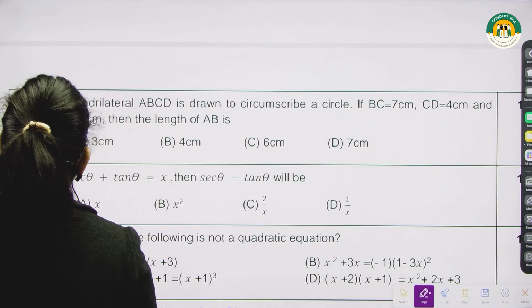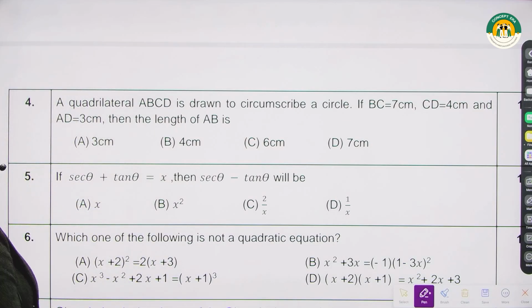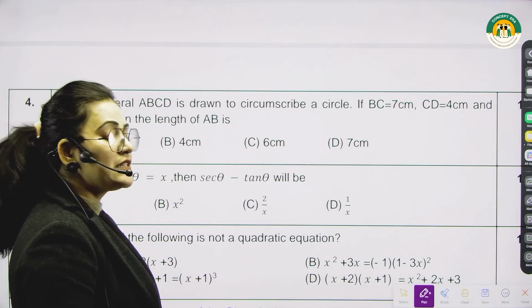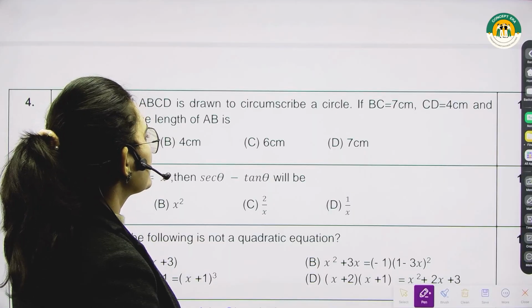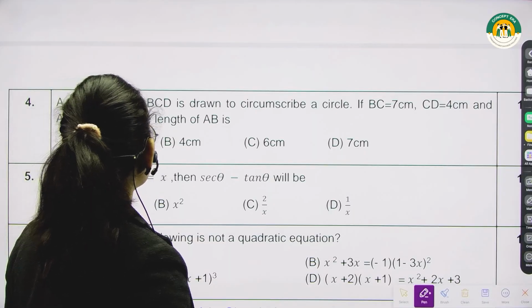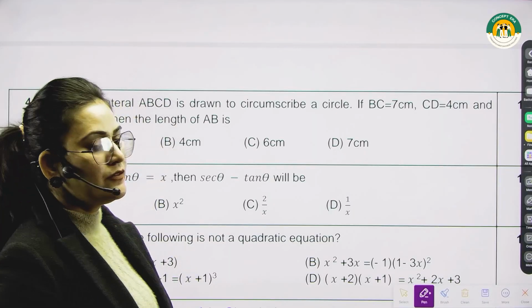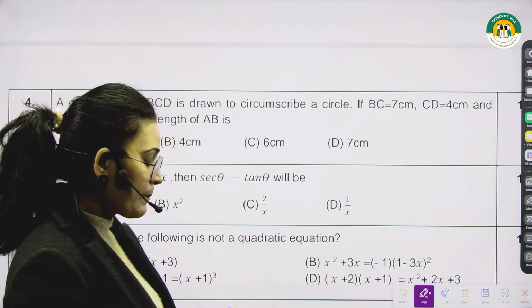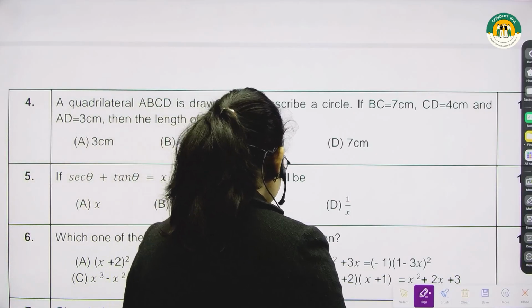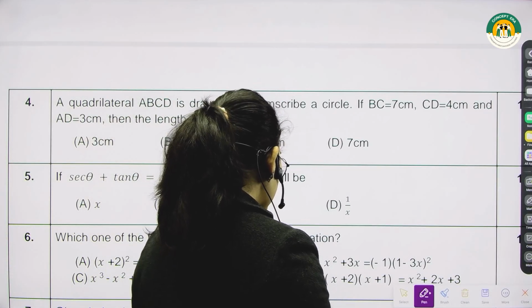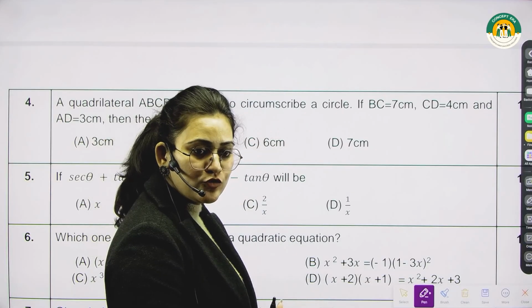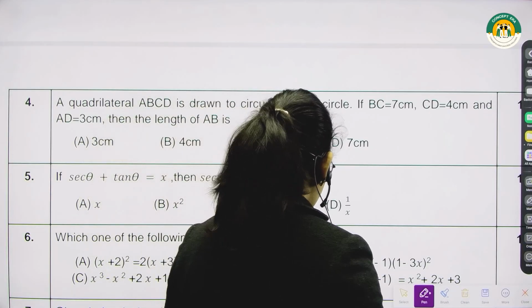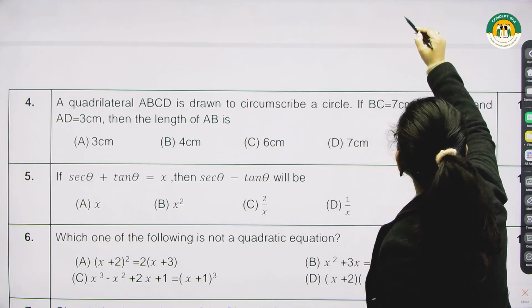Question number 4 says a quadrilateral ABCD is drawn to circumscribe a circle. If BC is equal to 7 cm, CD is equal to 4 cm and AD is equal to 3 cm, we have to find the length of AB. As we know, a circle is circumscribed by a quadrilateral when all 4 sides of the quadrilateral are tangent to the circle. That means